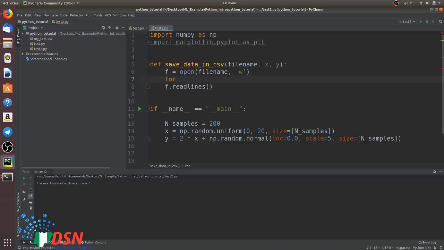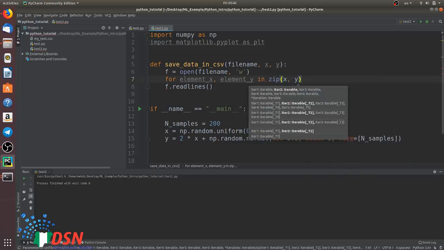Or let me show you a very little trick for creating a for loop when you have two lists and you want to have a for loop on both of them element by element. You could use zip, which